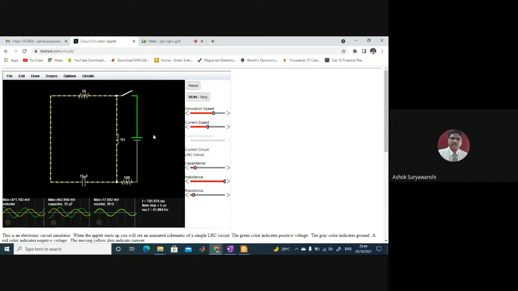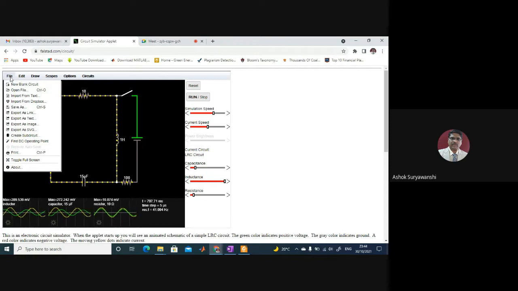It's very simple actually, but very powerful. If you look at the menu, the first one is File, right? If you click on File, you will find new blank circuit, and open file if it is already saved. The beauty of this is that it does not require a download, number one, like other simulators or software. Second, it does not require any memory.